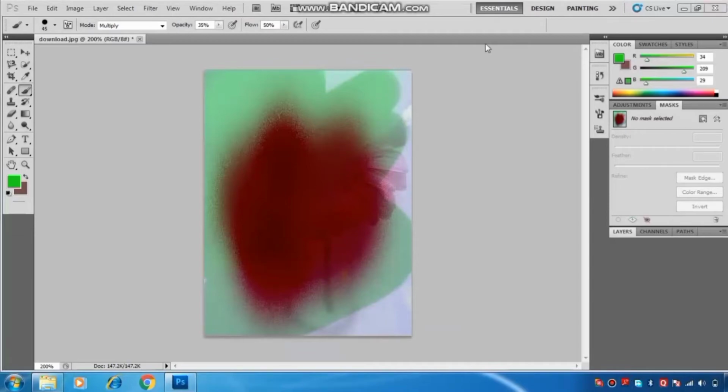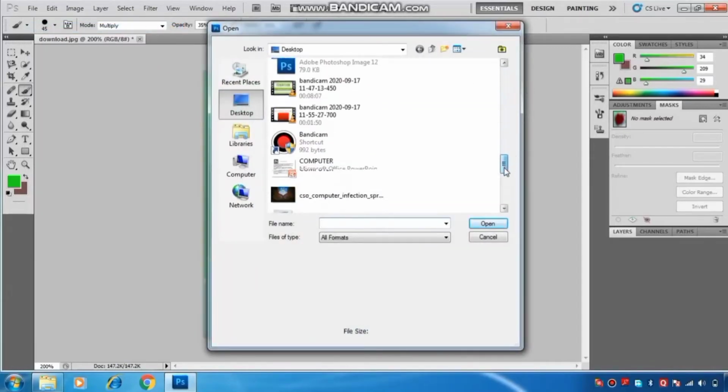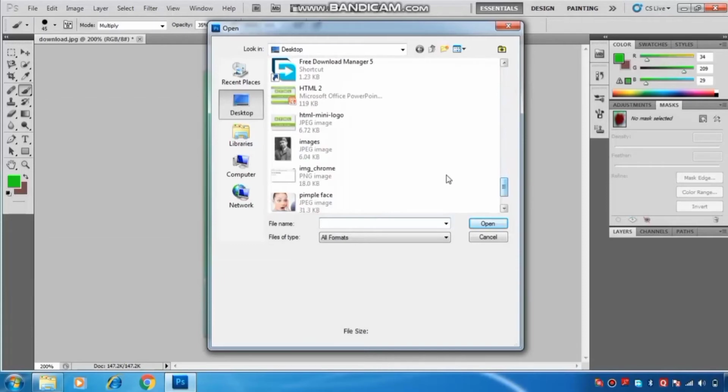Now our second practical is by using the healing brush tool. The healing brush tool is used to correct imperfections from the image, like small blemishes, from scanned photos. To use that option, first we have to change our image. We have to take a new image which has a number of imperfections.